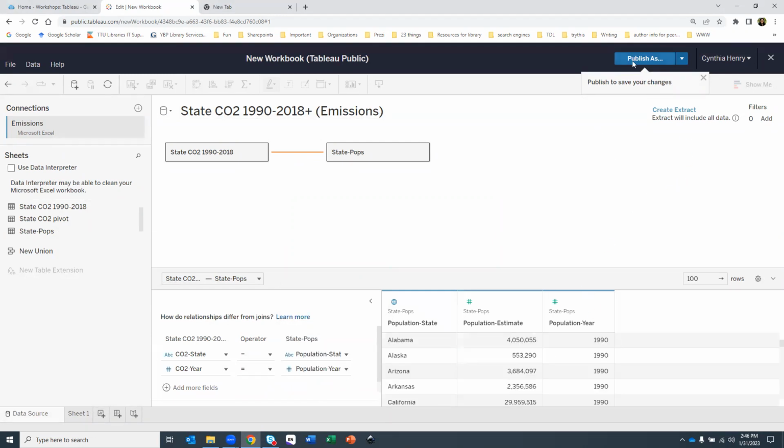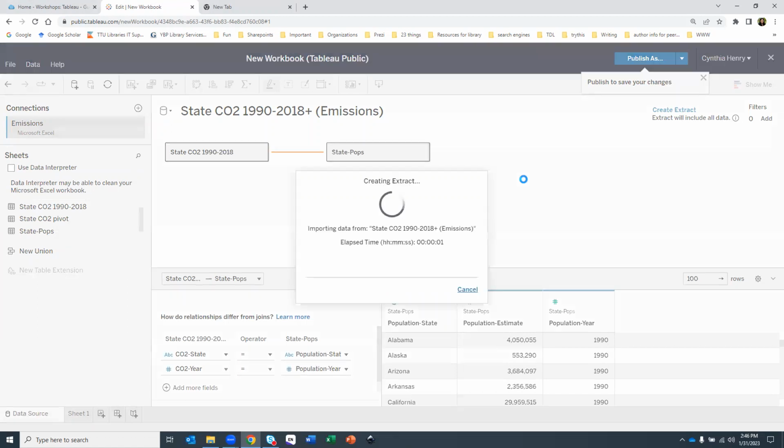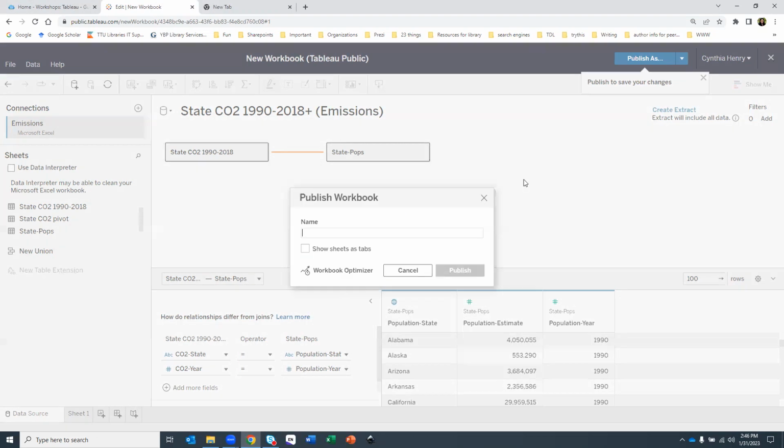And now I was going to tell us all to publish when we got over to the next one. Now this does take a second, because it's pulling in the data for the first time. And I'm going to say it's emissions again for